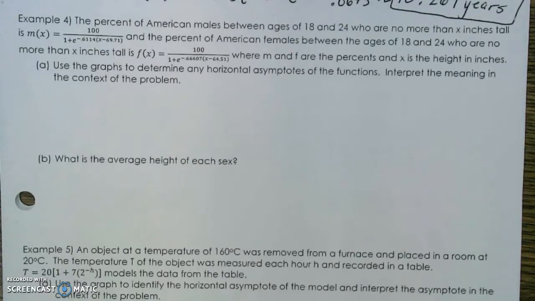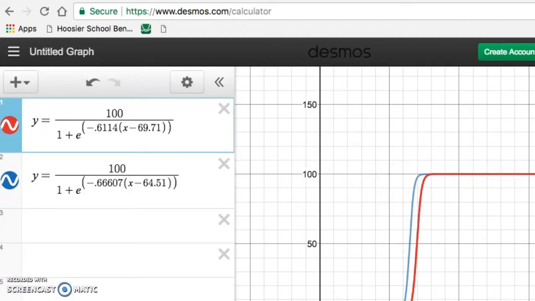Use the graphs to determine any horizontal asymptotes of the function. Interpret the meaning in the context of the problem. So we're graphing, locating asymptotes, and then interpreting their meaning. If we head to Desmos.com and type in our two functions,